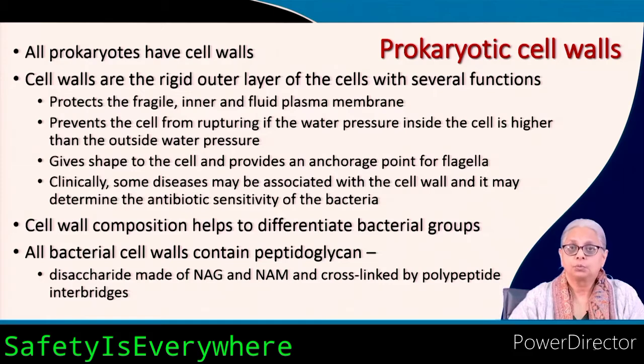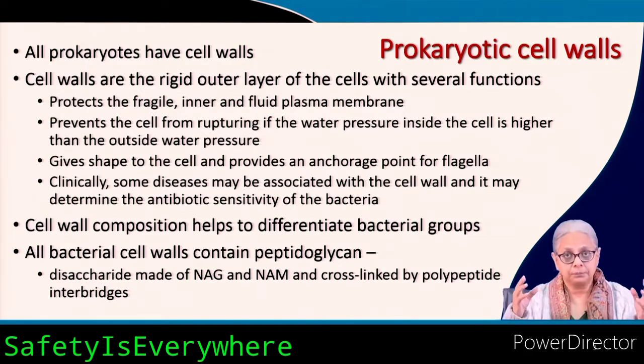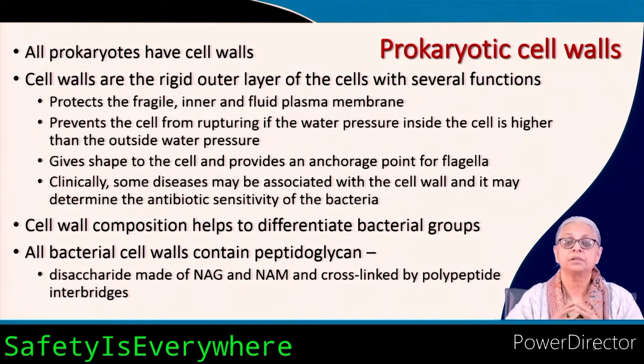cell wall. So we know that for living as independent organisms, the first thing that allows them to live independently is the cell wall. So all prokaryotes have a rigid cell wall. So these cell walls, like I said, are rigid outer layers of the cell, and they have several functions to perform. You have already seen in the previous topic that the plasma membrane, which is basically the site which determines how nutrients go in and out of the solution, how waste is excreted, that is a very fragile